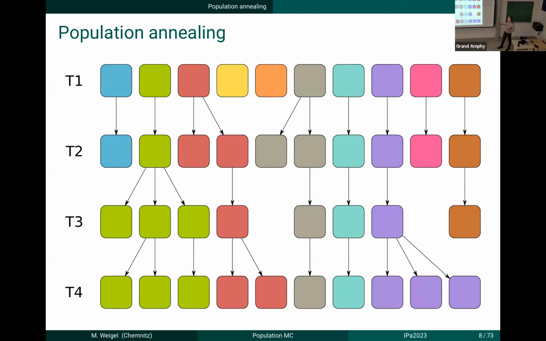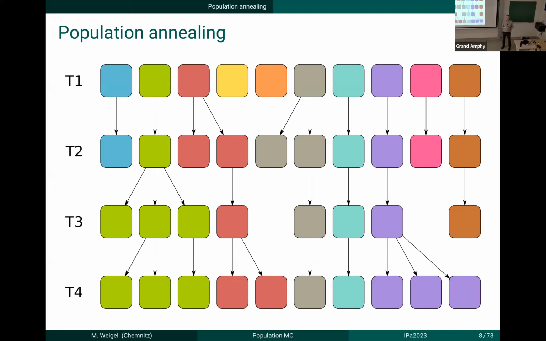So you simulate each of those with whatever update you might have to hand. And then at some point you make a temperature step. So you cool the system, slightly lower temperature. In making that temperature step, you resample the population. So look for each of those copies. Some of them might be more likely to occur at a slightly lower temperature, and that is essentially how,